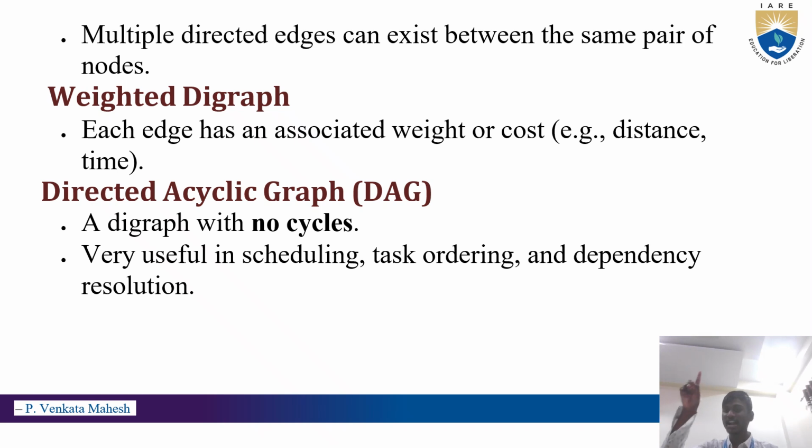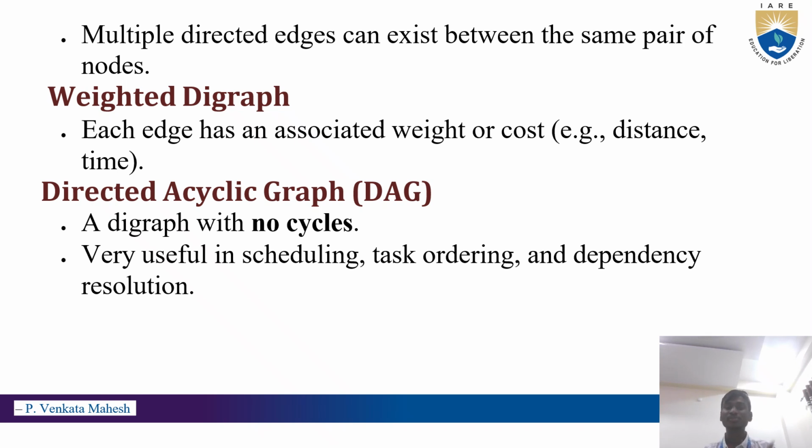So starting to cyclic, we have previously seen the definition. Cycle means starting and ending point should be the same. So it is not a cycle. The directed graph should not be a cycle. That means the starting and ending should not be the same. A to B, B to C, C to A should not be. It should be A to B, B to C. So a directed graph with no cycles is only called a directed acyclic graph.